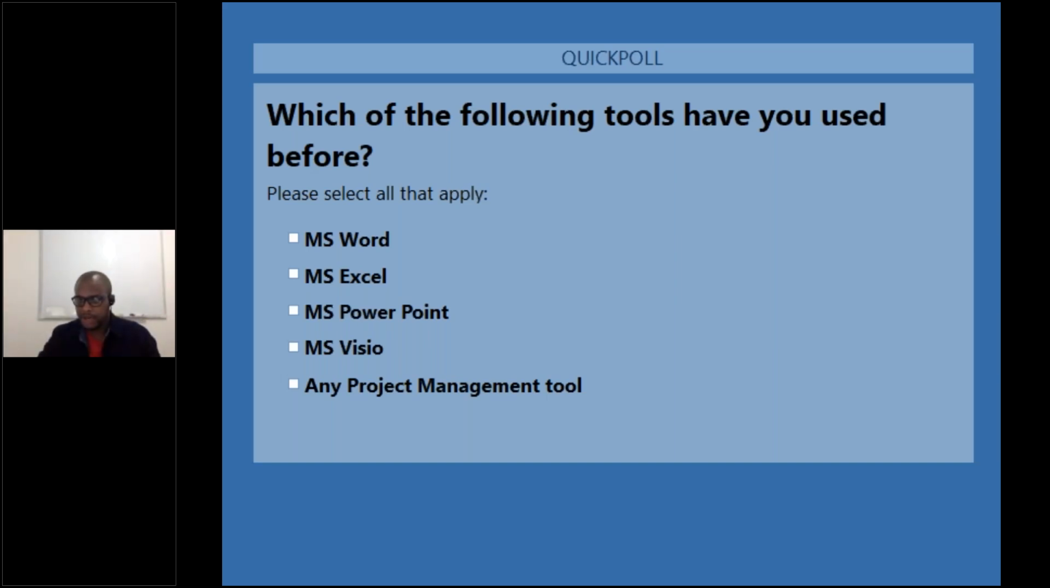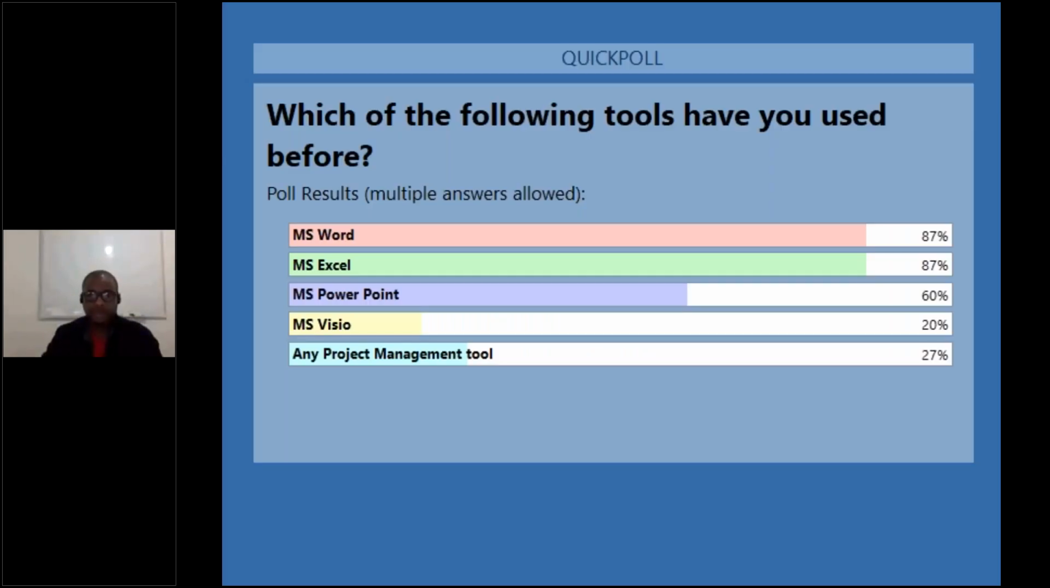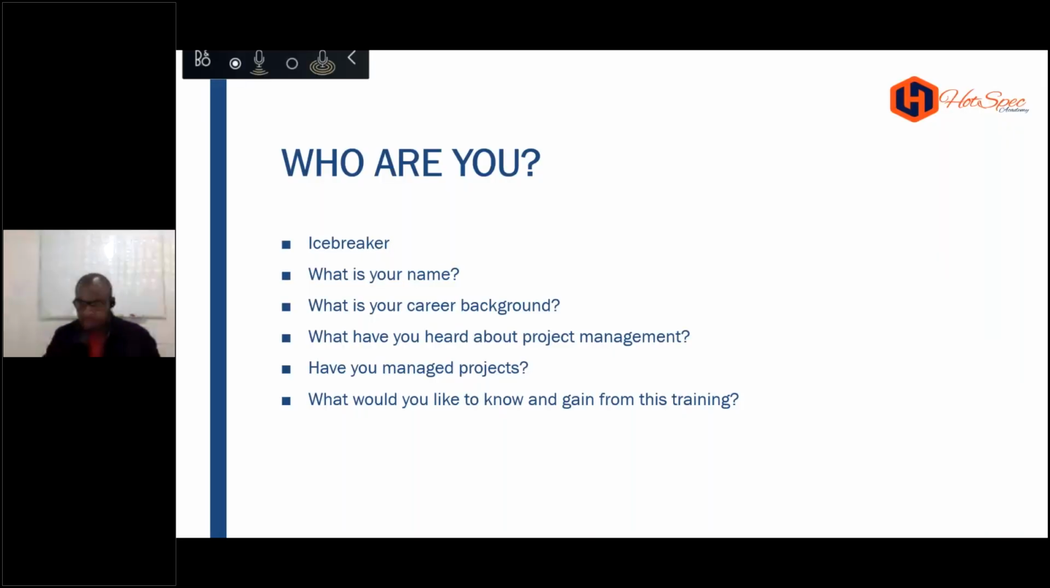Okay, I'm going to close down now. Close, and I'll share that. So a lot of people have used Microsoft Word, Excel, PowerPoint, definitely. A few people with Visio and project related tools too. All right, cool. That's quite a good mix. All right, thank you very much for that. And that's me knowing you, by the way. Next,